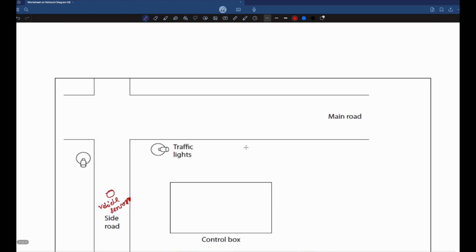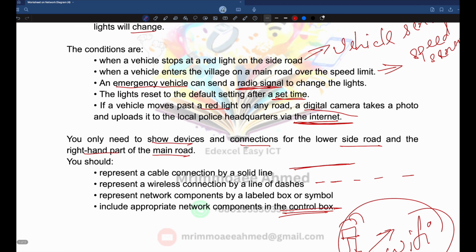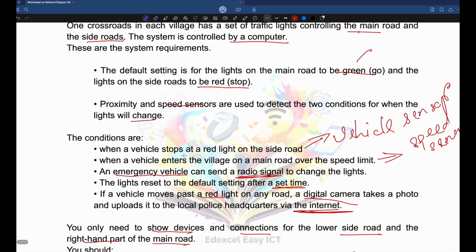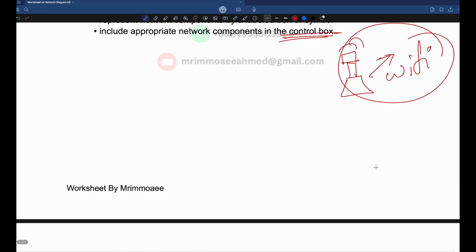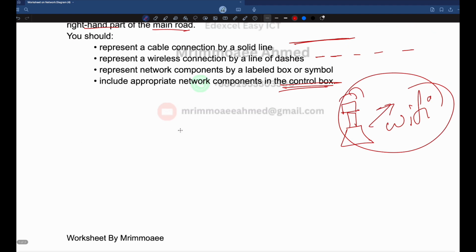Then they said that when a vehicle enters the village on a main road over the speed limit, that means main road, right? So the main road has a speed sensor. So suppose here I can add a similar one, then I can put the name here as speed sensor. Okay, then they said there's a digital camera as well, right? From here they mentioned that